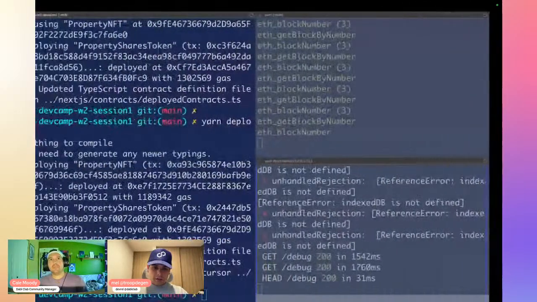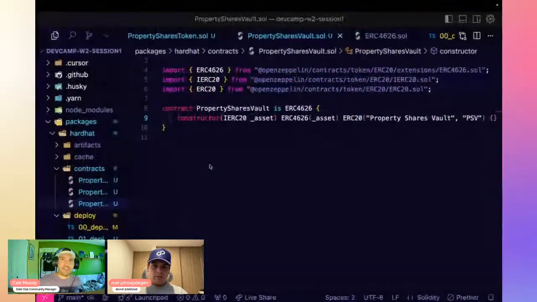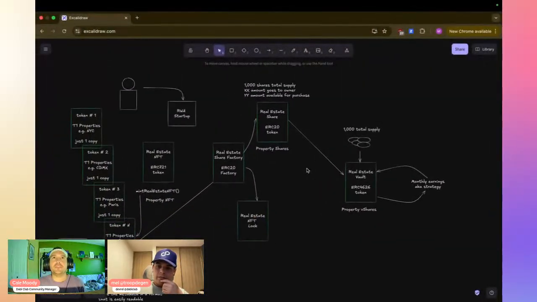Now, can we look at the diagram real quick? I have a thought I want to ask before we get too far into it. So you mint 1,000 shares on the property shares portion, the ERC20, right? And then we go into the V token, the 4626. Is that an opt-in action? Would a user holding one of those ERC20 tokens choose to actively deposit it and receive this V token? And if they don't do that, then they're not included in that V token vault. These are separate things, right? And this would require the user to choose to make that deposit.